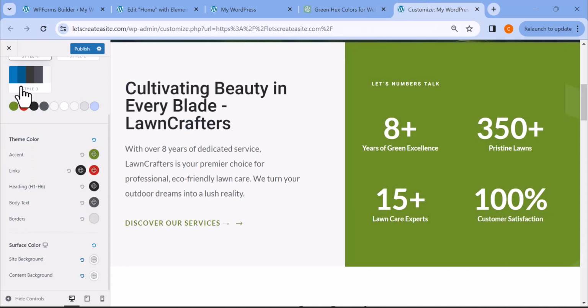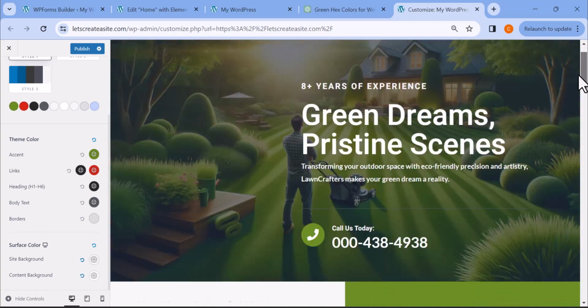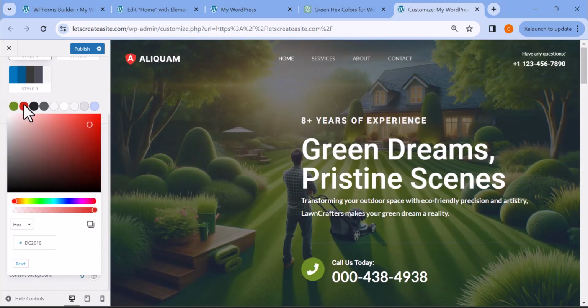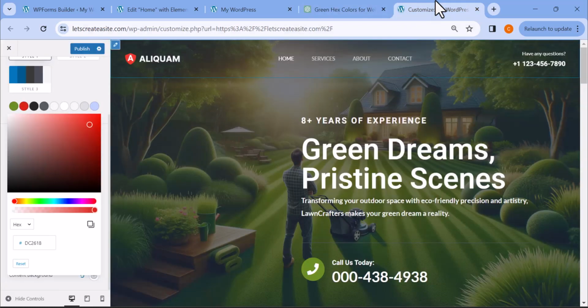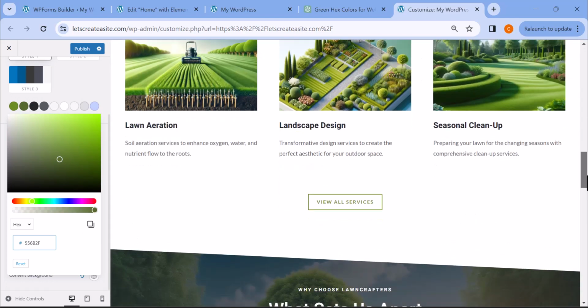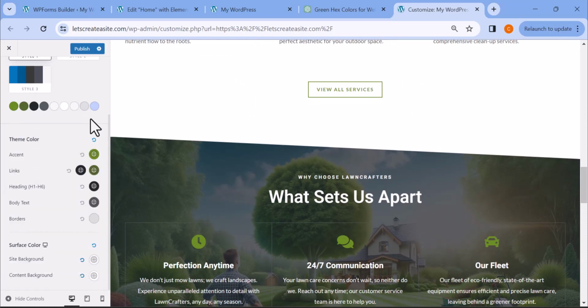Of course, you can see that there are different options as well. Color 2 is also red, however, I'm not seeing that particular color on the site. So instead, I'm just going to change this to the second green option that I got, just in case it's used somewhere else on the site. And I definitely don't want to see that red. So I'm going to ensure that there's a green color throughout the website. All right, now that I've made those color changes, I'm going to click on publish just to make sure that